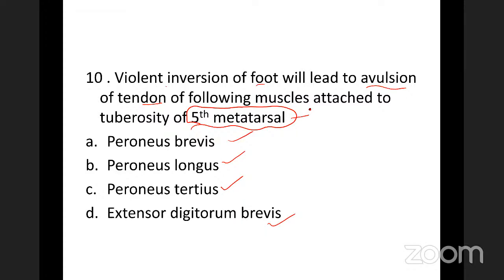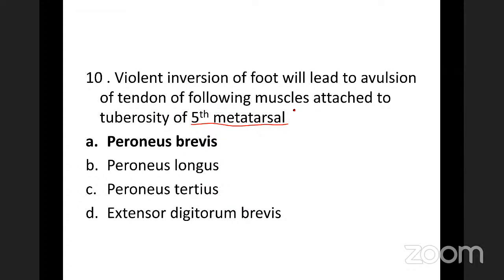The clue: Peroneus brevis. Excellent. We studied several times that peroneus brevis is attached to the tuberosity of the fifth metatarsal, right? So they're giving a hint to you here that this tendon is attached here. So your answer will be Peroneus brevis because it is attached to the tuberosity of the fifth